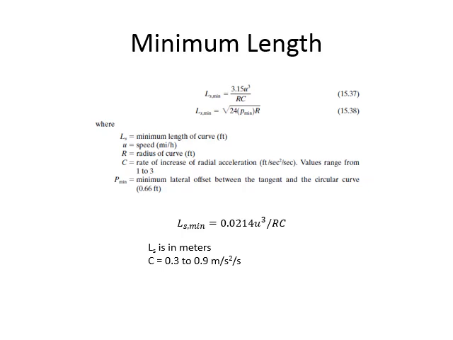Now for the first equation I was able to find the equation in meters as well. So this is the equation which you can use for finding L minimum in meters. If you want to use feet you can use this one, if you want to use meters you can use this one. I was not able to find any equation in meters for this one, but you can just simply use the value of p minimum and r in meters, so that equation will be in meters.